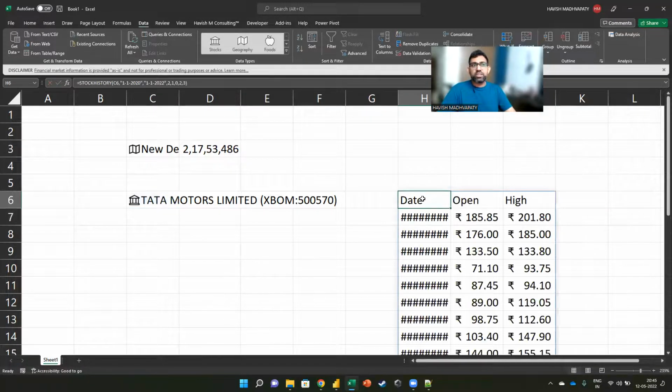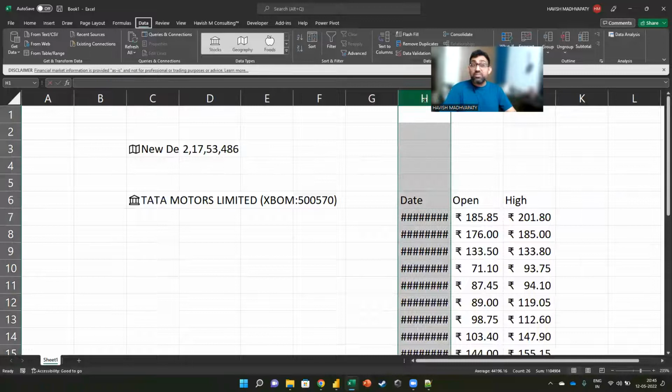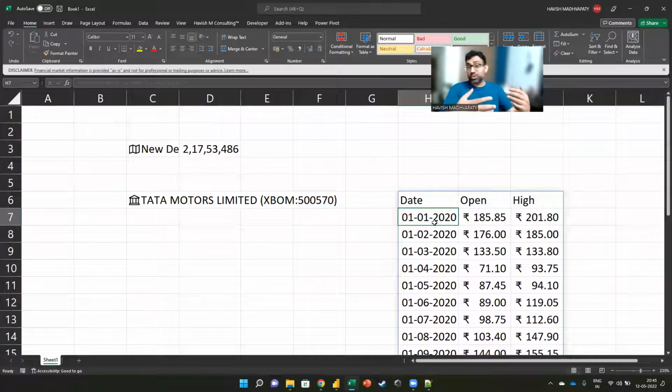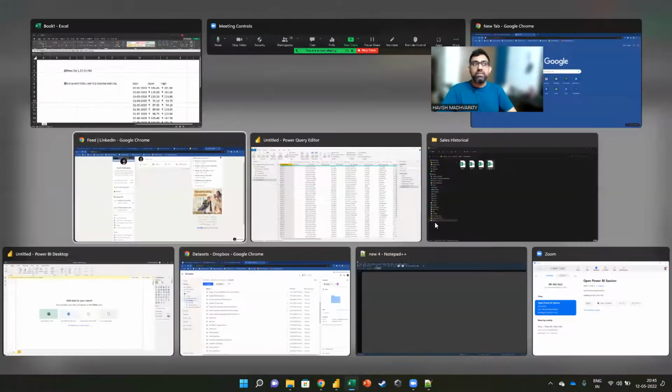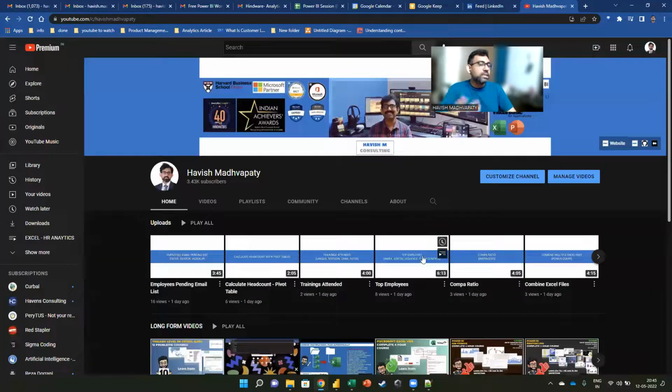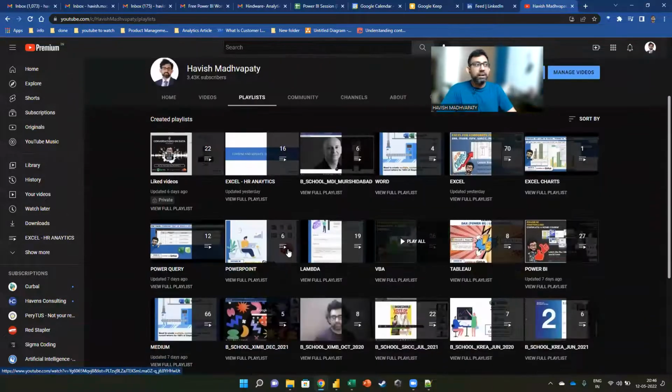Actually, that should be more than enough. Check this out. How awesome is that? One single formula, and it's actually pulling your financial data for you. So while we are talking about Power BI today, please, guys, do not ignore Excel. Excel can do the sort of things you can't even imagine, right? Not knowing doesn't mean it's not there. Excel has so many amazing, wonderful things in it. And I'm still more passionate about Excel than Power BI, to be honest with you, while I do a lot of my work on Power BI.